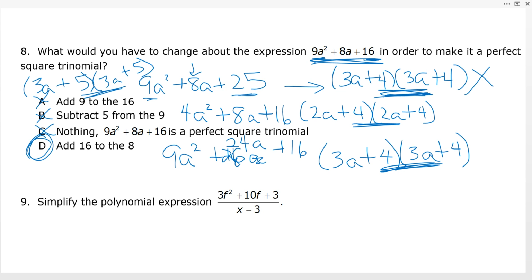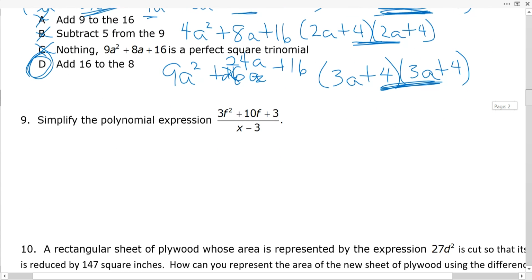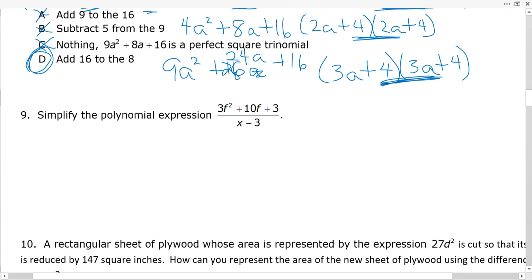Okay, number 9. The easiest way to do this is to do your long division, which I know some of you guys totally hate, so I'll do it 2 different ways. First of all, thank you for changing this to a minus 10, and changing the x on the bottom to an f minus 3. So if I do my long division,